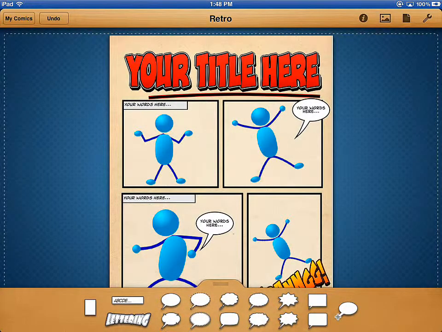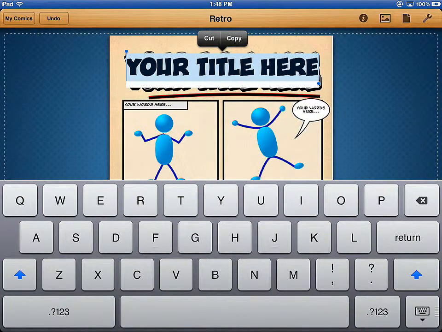Now that we have our comic template chosen and our images in place, it's time to start working with some text. First, let's start with the title. I am going to double click this title, and pardon the screen keyboard, I left my Bluetooth keyboard elsewhere. I'm going to call this